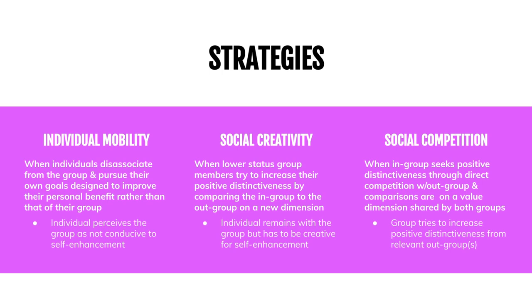And sometimes there are out groups present, but they're not necessarily relevant or salient to the situation. If you're at a high school basketball game, there are out groups there. I would assume everyone on the team is around the same age, but they have their parents there who are part of a totally different generation. That's an out group, but it's not really relevant to the situation or to the competition, and it wouldn't be productive to be making these comparisons.